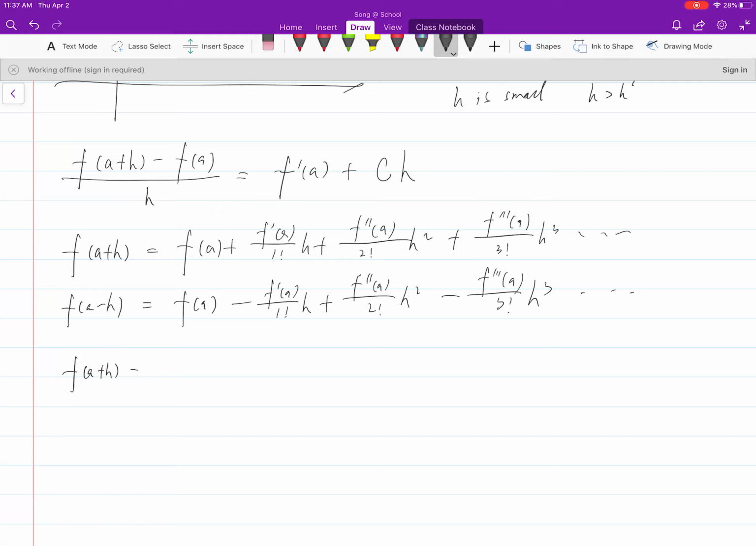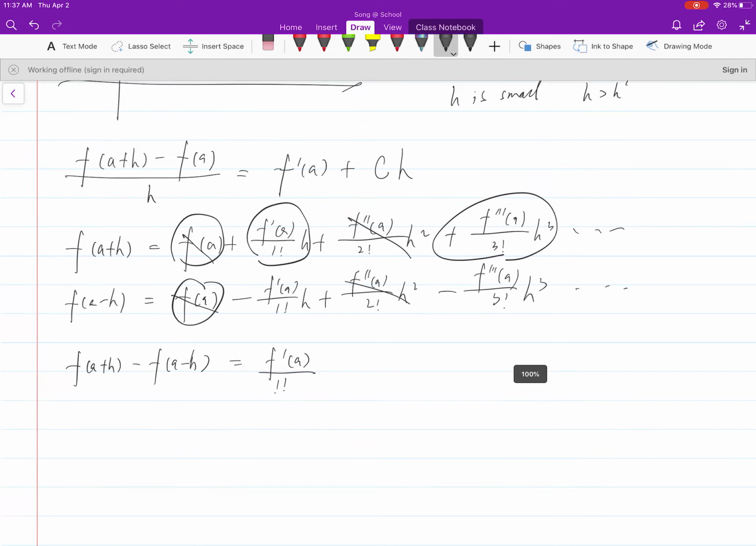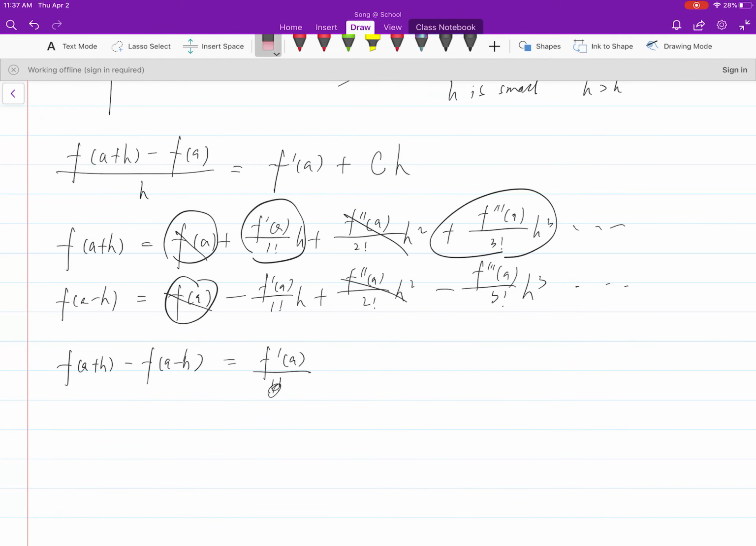Okay? Then what happens when you use f(a+h) minus f(a-h)? Think about it. That means all the terms that share the same sign will be gone. What's left is going to be twice of this whenever you change sign. So it's going to be f prime(a) over 1 factorial,